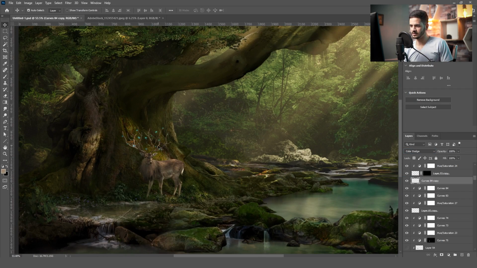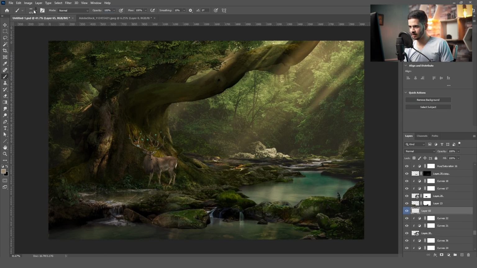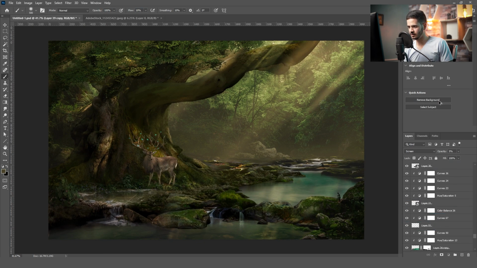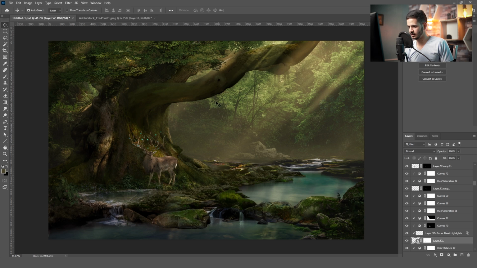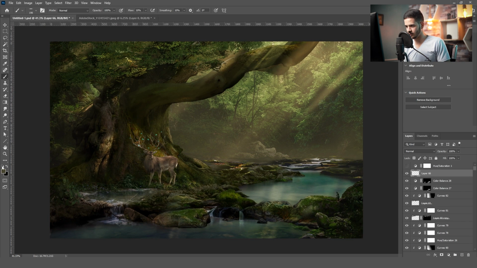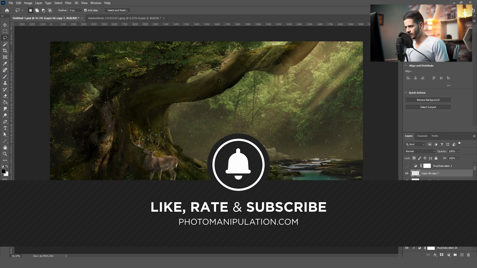There are some plants more green than the others. There are some plants that are cyanish. There are plants that are yellowish. There are trees that are red, green, cyan. They don't have the same green color. So when you are making a nature image, make sure to give them different shades of green and cyan, okay,